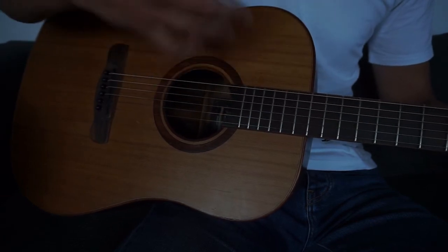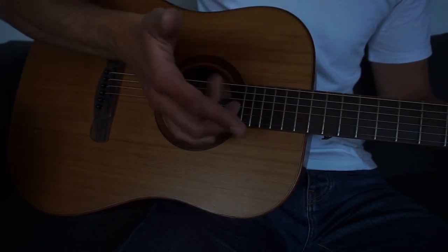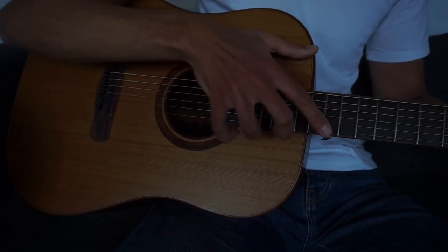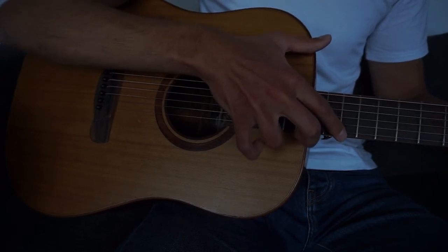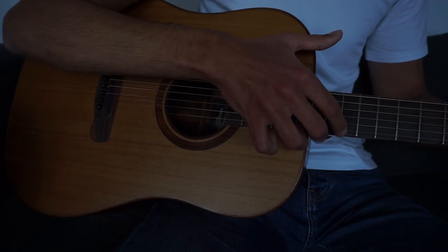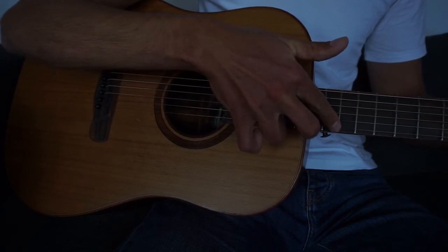This is a bit difficult if you've never done it before, but with a little bit of practice you can get the hang of it pretty quickly. One thing that you should keep in mind is when you do this, try to really stretch out your pointer finger, because the further away your ring finger, which is picking the string, is from your pointer finger, the clearer the sound is. So if we would use our middle finger for example, you can hear that the sound isn't really clear. So really stretch out your pointer finger